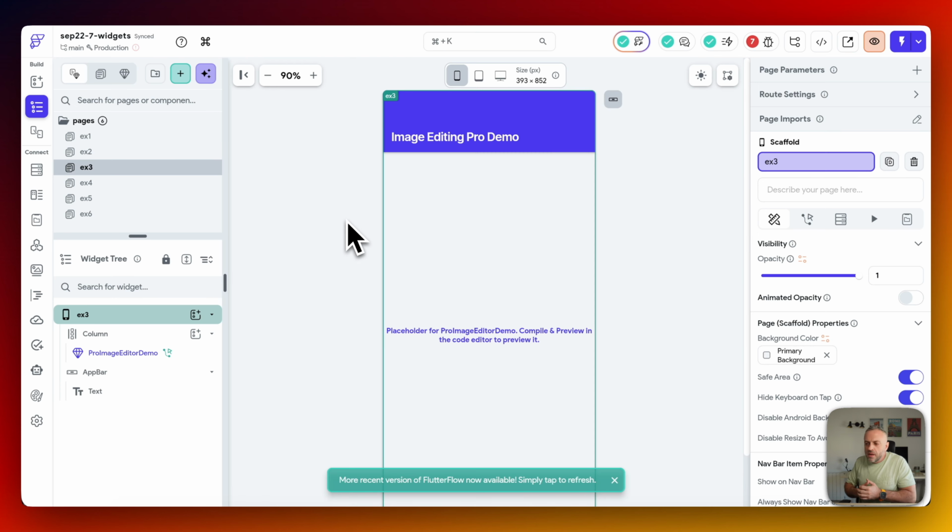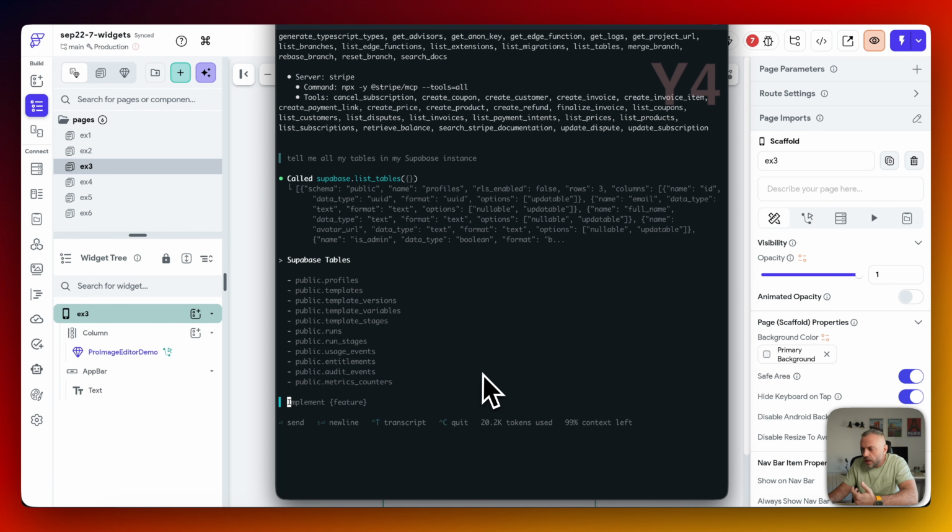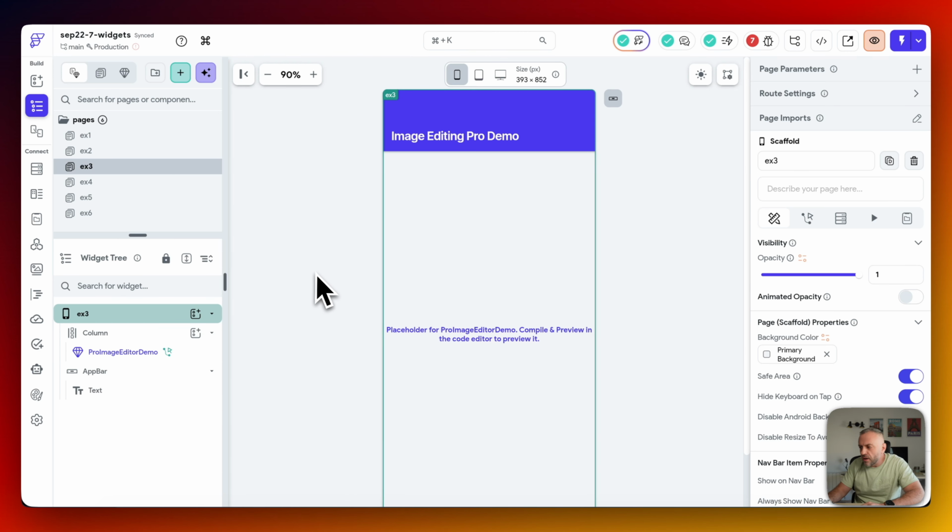You're rather limited. And honestly, because it's so limited, it didn't give me the right motivation to set it up and use it as part of my workflow. And so hopefully in the next iteration, they give us a fully fledged FlutterFlow MCP server that we can connect our LLM agents to and do all kinds of fun stuff. And similarly, the next feature that would be awesome to have is MCP client mode. Okay, so instead of me using my LLM to connect to FlutterFlow MCP server, I can use FlutterFlow to connect